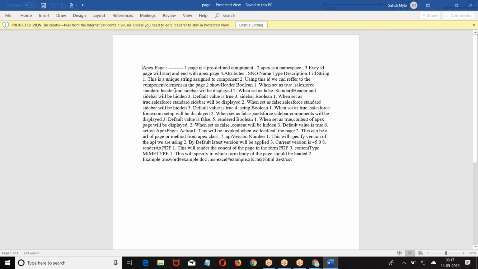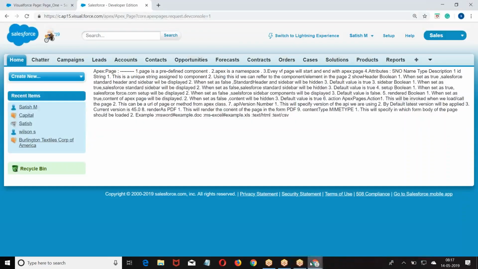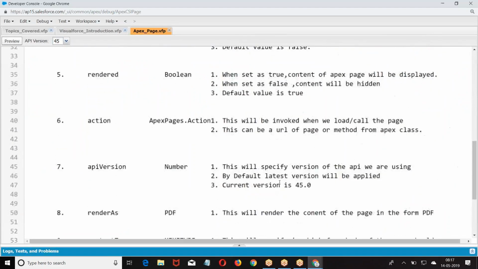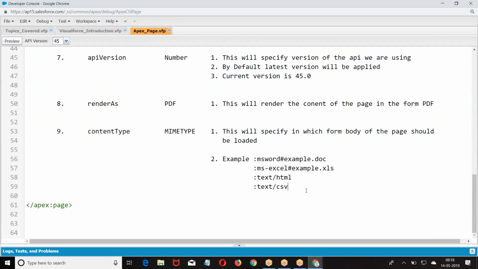What was that? We got the document in the form of a Word document. Same way, we can generate it in the form of Excel. So we are just saying the content of the body is in which format. The body of the page is rendered in the form of what? In which format the content is defined. Then we had